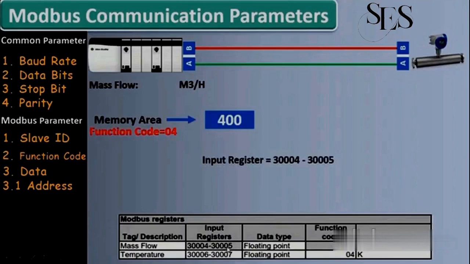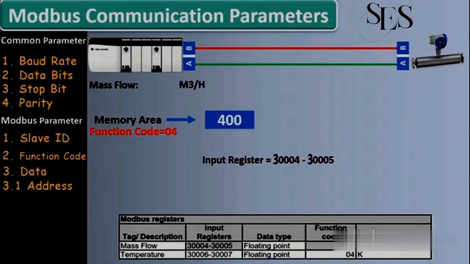Similarly, input register is given as 30,004 to 30,005. They are using two 16-bit registers to show the floating value.